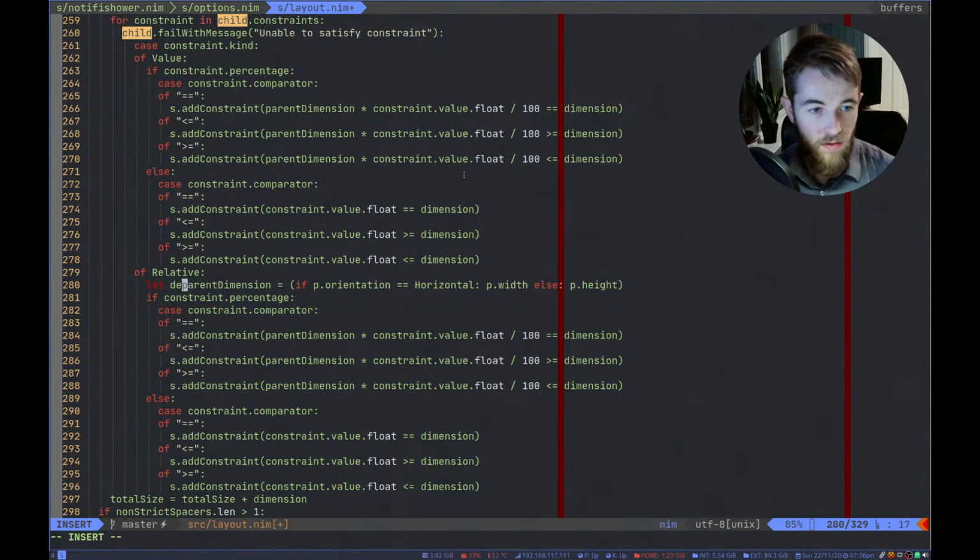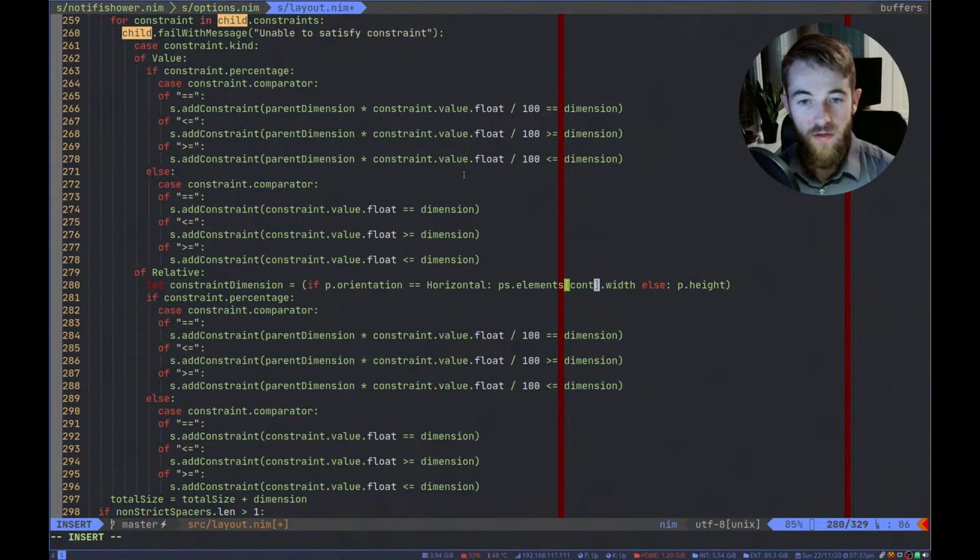Let that dimension is equal, oh, not dimension, constraint dimension, and here we need to get our element, ps.elements.